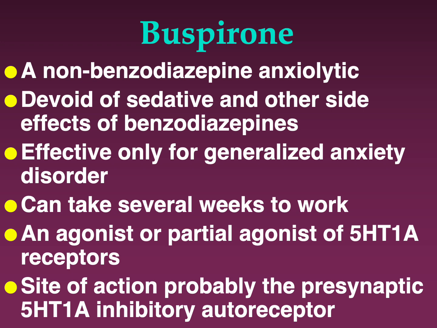It has extensive first-pass metabolism, so only a few percent of it gets in, and it takes weeks to build up to the therapeutic level. But it also may be because its mechanism of action is that it's an agonist of the 5-HT1A inhibitory presynaptic autoreceptor. So if it's working on a receptor, its action may involve a downregulation of that receptor, for example, which can take several weeks to take place.